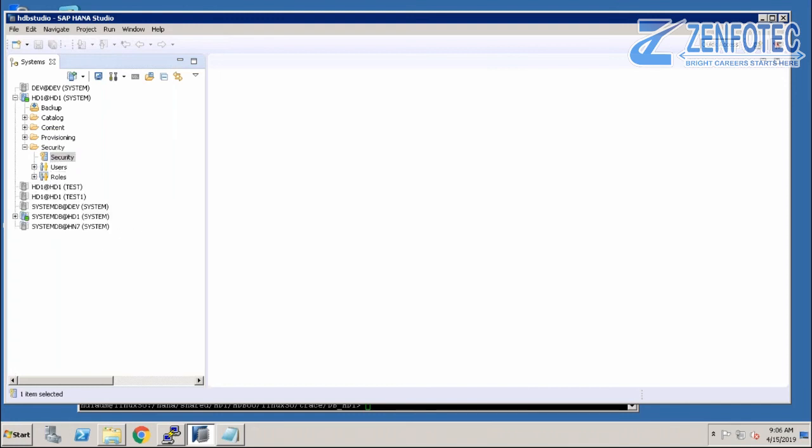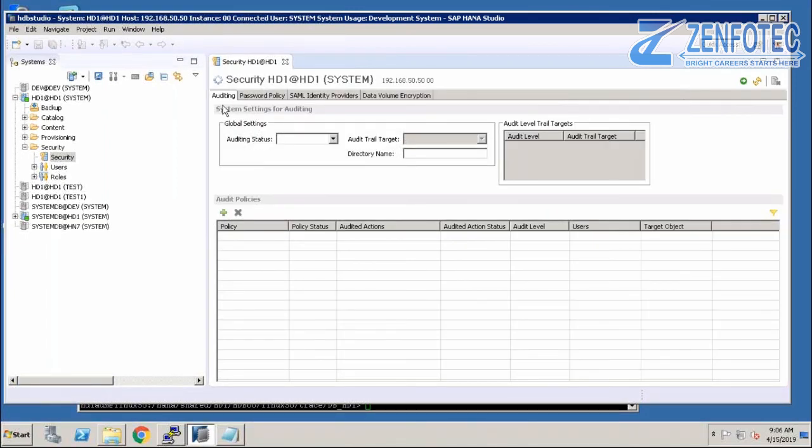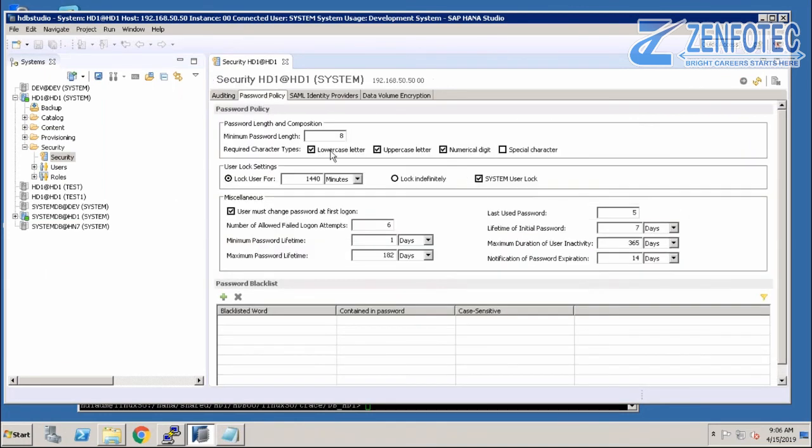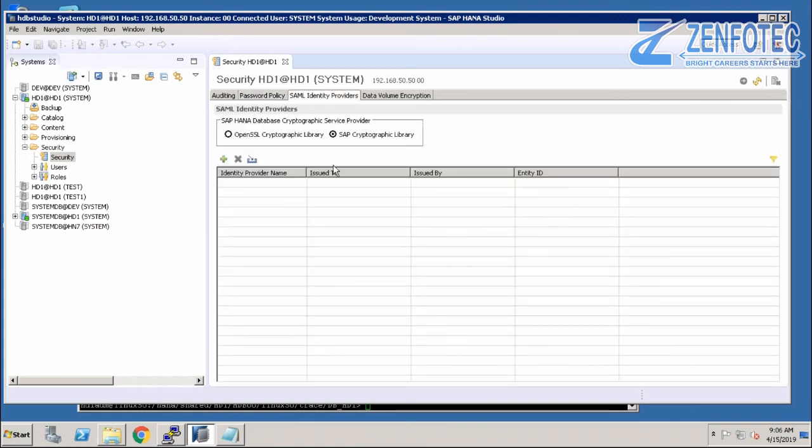In the security folder, under that security files, here you can define the audit. You can enable or disable the audit, and here you can configure the audit policies. Password policies you can also configure. Okay, if you are using SAML and you want to configure SSO with SAML, then you can configure the SAML identity provider here.